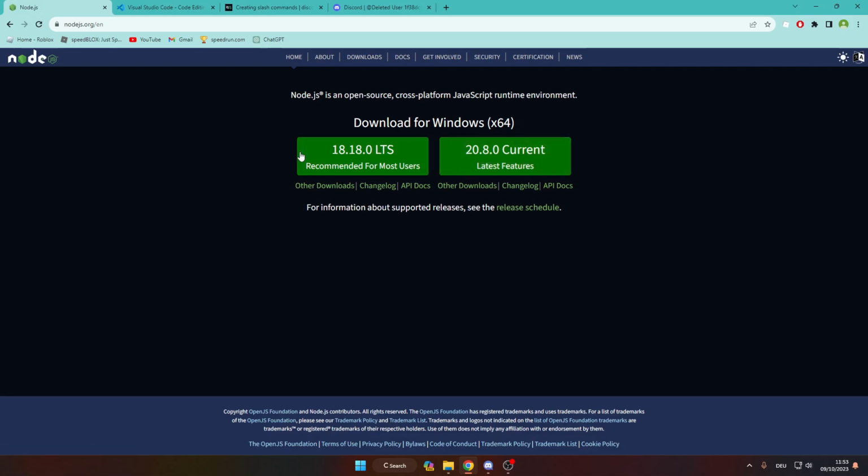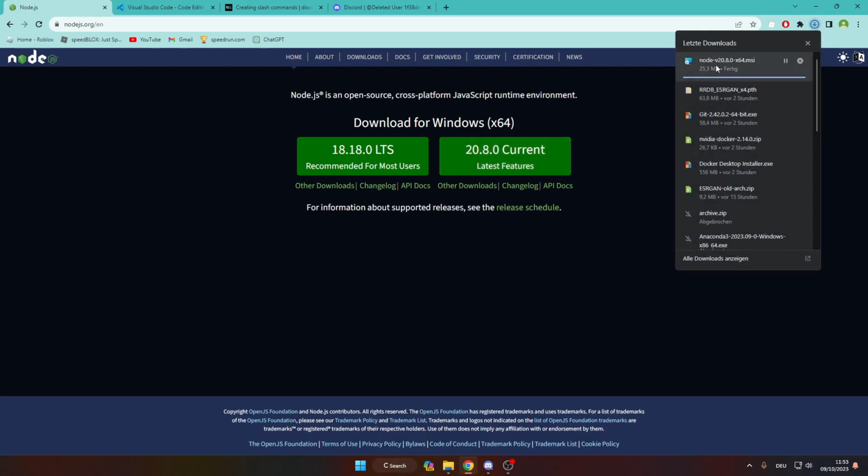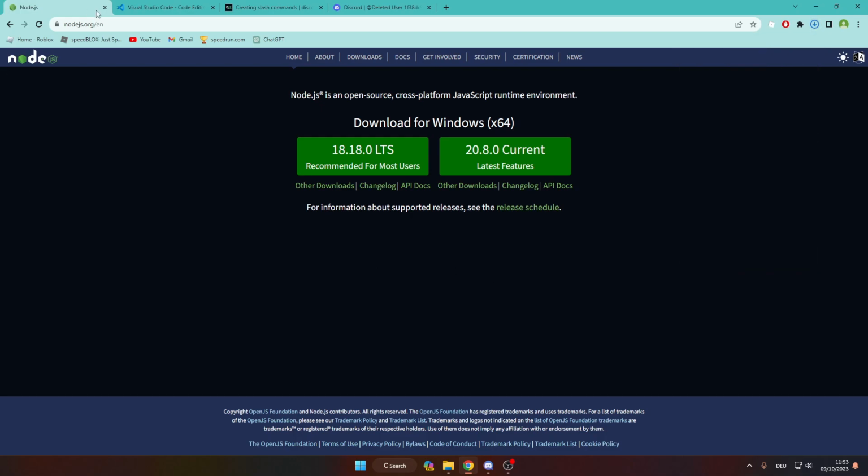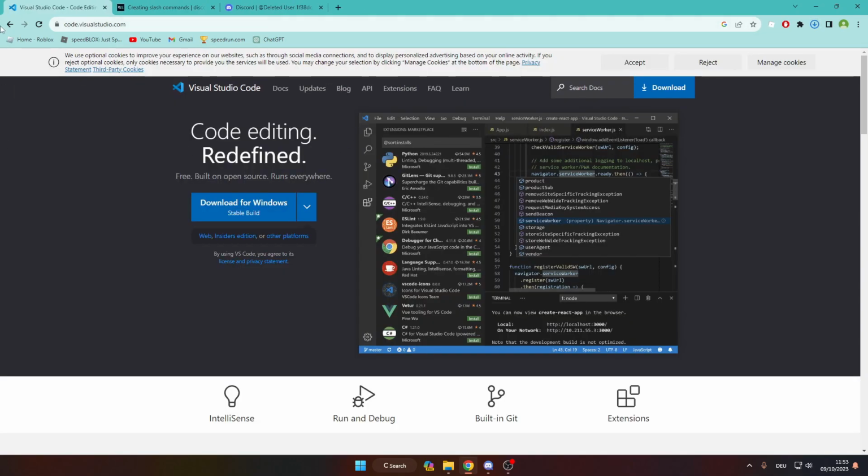For Discord.js v14, you need like version 16 something. So 18 works. You can choose 20. It really doesn't matter. I'm going to be choosing 20.8.0, which is the current version. You just click on the button, and it should be downloading an installer for you. Then you can close out of this tab, and you're going to want to go to